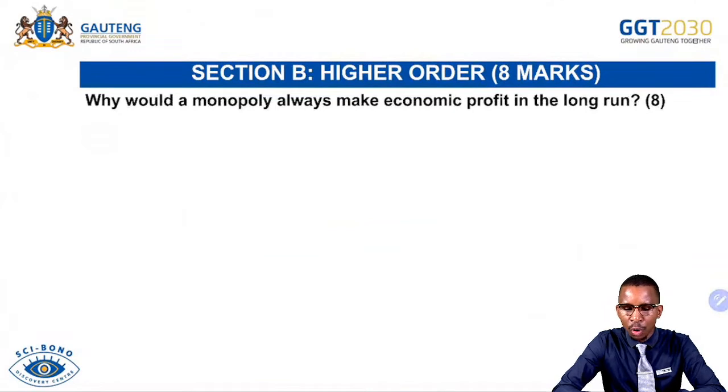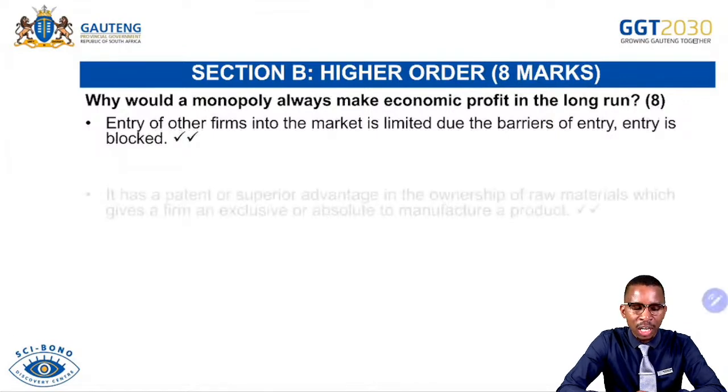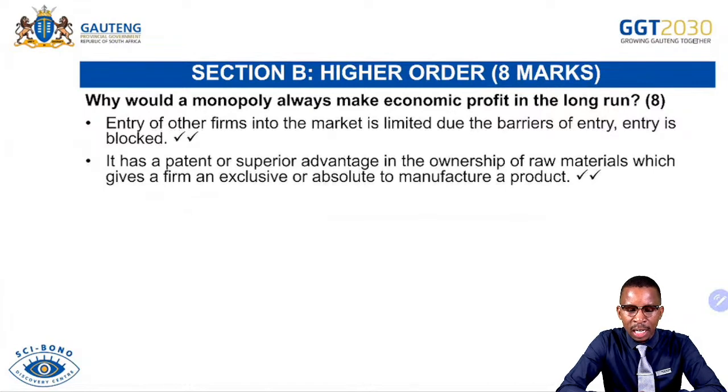Why would a monopoly always make an economic profit in the long run? We know that the monopoly is the only supplier of the product in the economy. So remember, entry is completely blocked under the monopoly. So there's only one supplier. So that becomes the reason, because it does not have any competitor. It has a patent or superior advantage in ownership of raw material. So if ever the business is owning